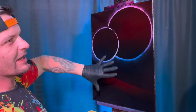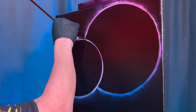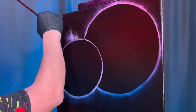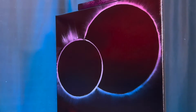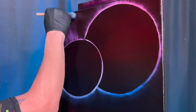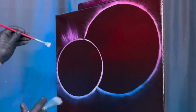Now, that's a very cool little eclipsy deal, right? But I want to have a few more little streaky bits that come out in certain places, especially up here at the top. Right? It's a couple little streaky bits of light that are shooting out of the top there. Looks like a little crown on the guy almost. Right? You drag them out with your 1-inch brush, make it very soft. You can even come back in, do little